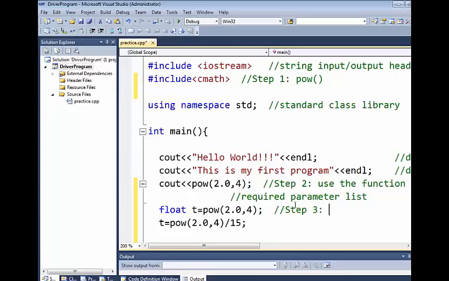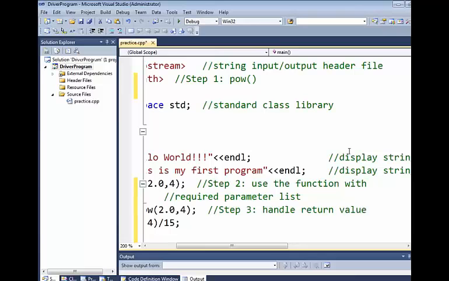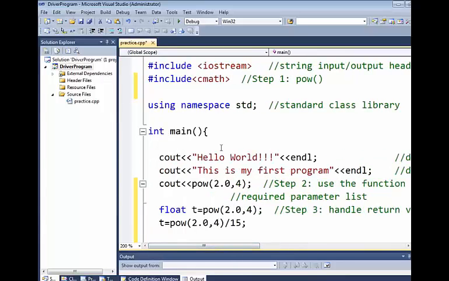Step number 3 was just to handle the return value. Now we know how to use somebody else's function. If we didn't have this, say you're doing this in Notepad, you might have had to go to the internet or the documentation to figure out where we made a mistake in using this function, because Notepad does not have IntelliSense to show you how to use somebody else's function. So now back to our